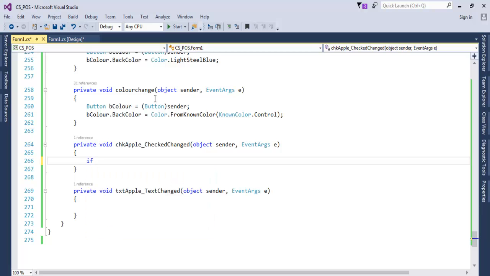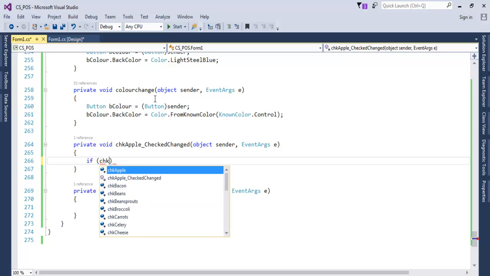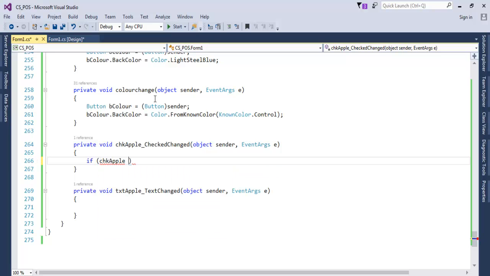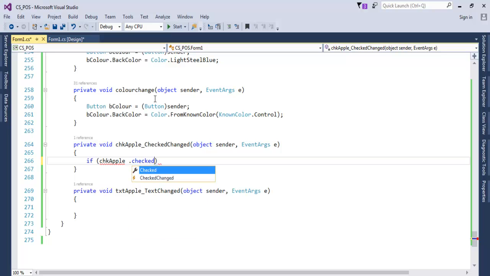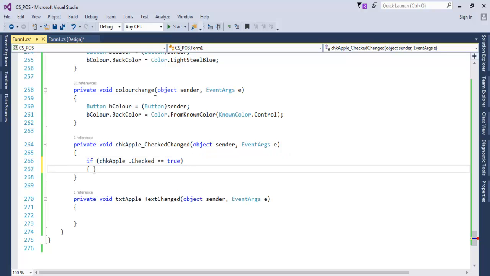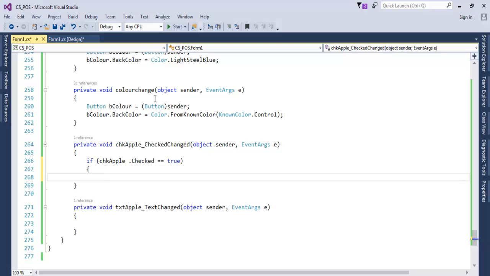If chk apple dot checked, let's compare it, equals is to compare, equals true. Then right here we have a curly bracket there, and we enter